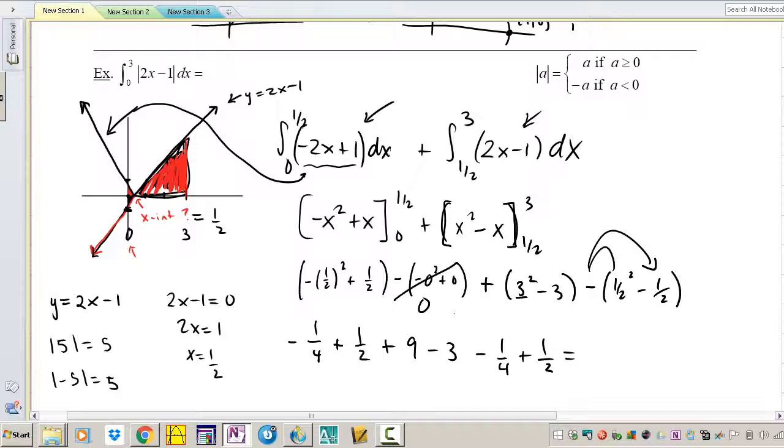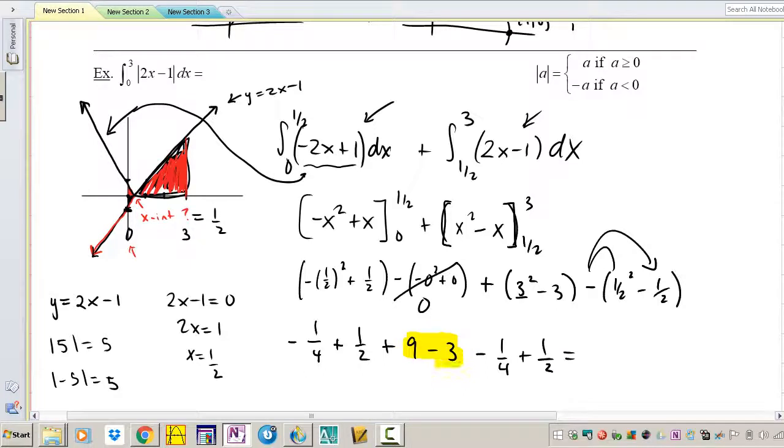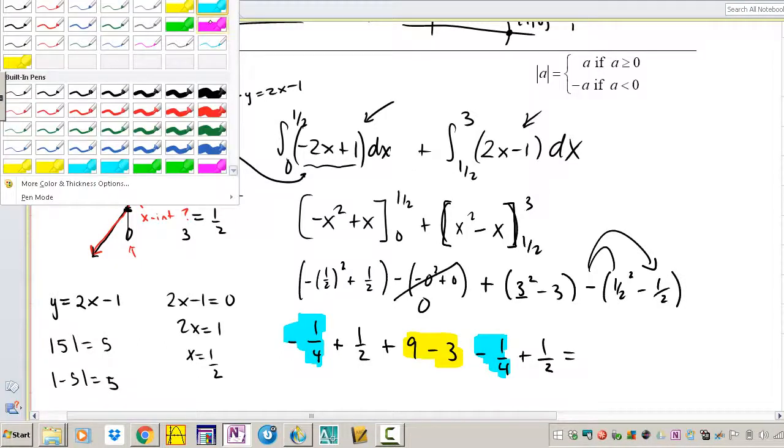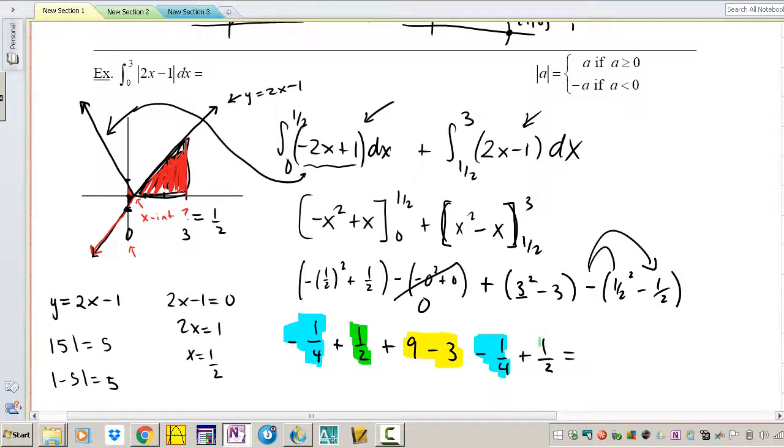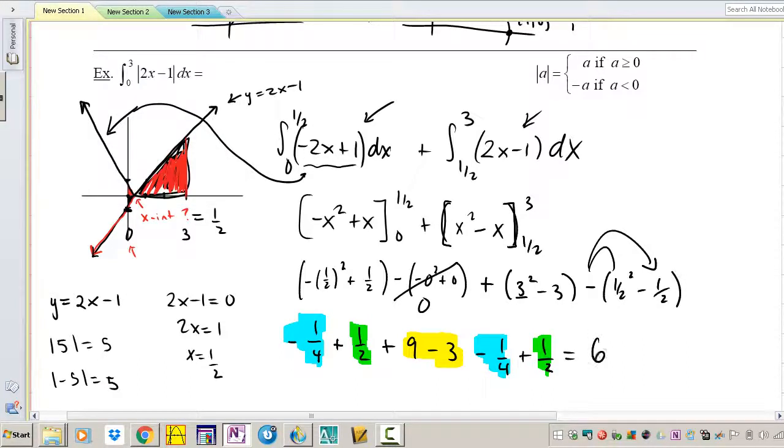So let's go ahead and combine all the like terms. What I mean by like terms is combine all the whole numbers, and then combine all the 1/4, and then finally combine the halves. Okay, 9 minus 3 is 6. Negative 1/4 minus a 1/4 is a negative 2/4. A 1 half plus a 1 half is a whole, and now you have 7 take away a 1 half,